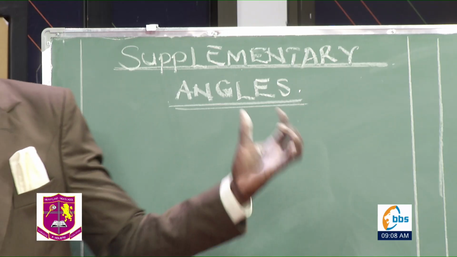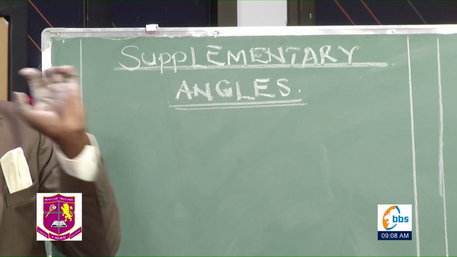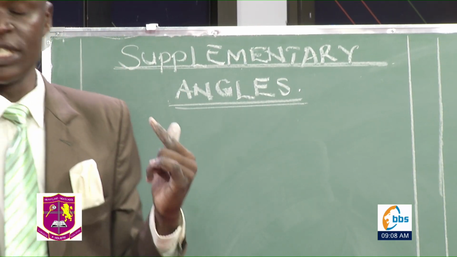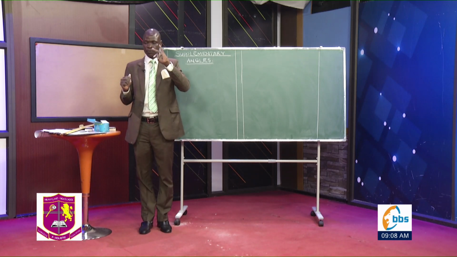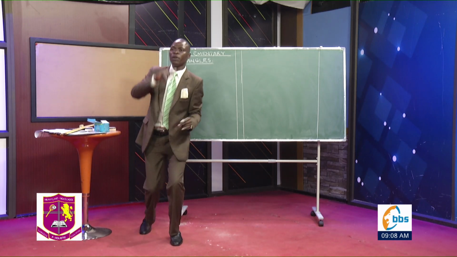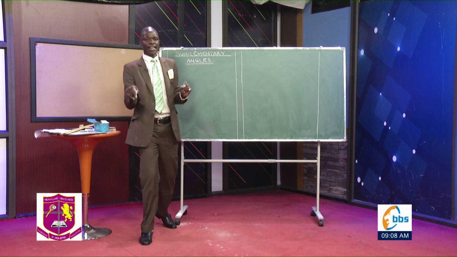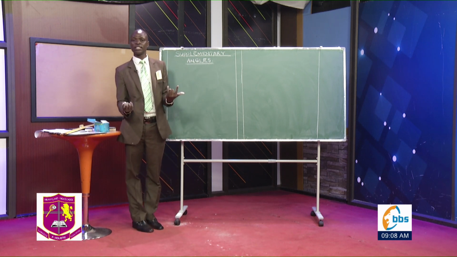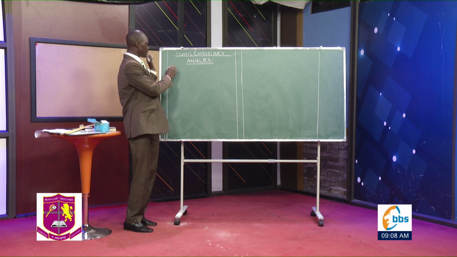Supplementary angles are two angles which add up to 180 degrees. They are supposed to be two angles, whereby one is a supplement of the other. For instance, what is the supplement of 30 degrees? You will get